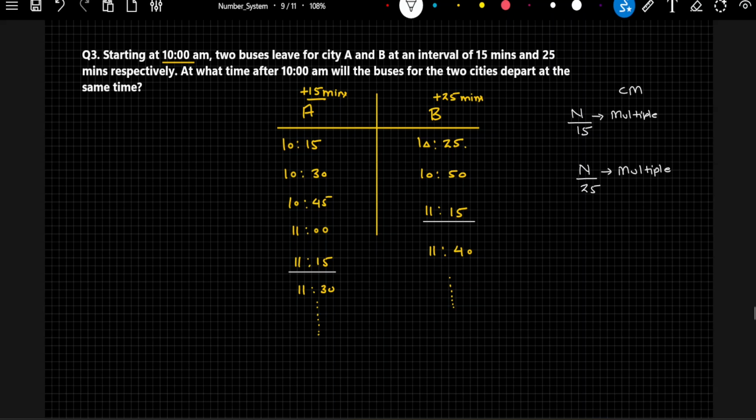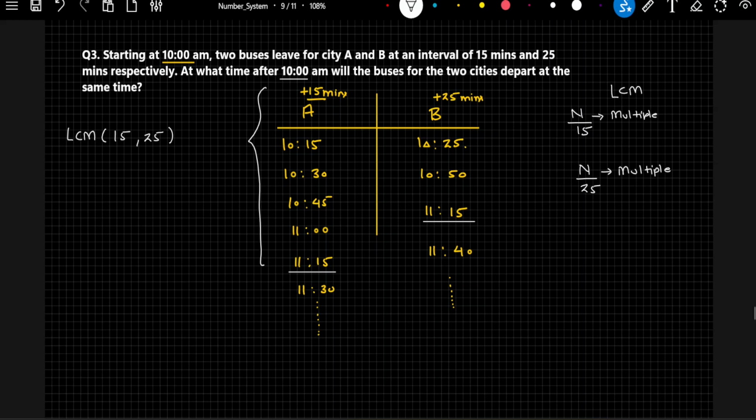And what else should it be? I'm looking for a time after 10 a.m. So for the first time after 10 a.m., when will this happen? I'm looking for the least common multiple, the smallest common multiple. When is the first time after 10 o'clock that the buses for the two cities depart at the same time? So instead of doing this, had I just calculated the LCM of the time intervals 15 and 25,